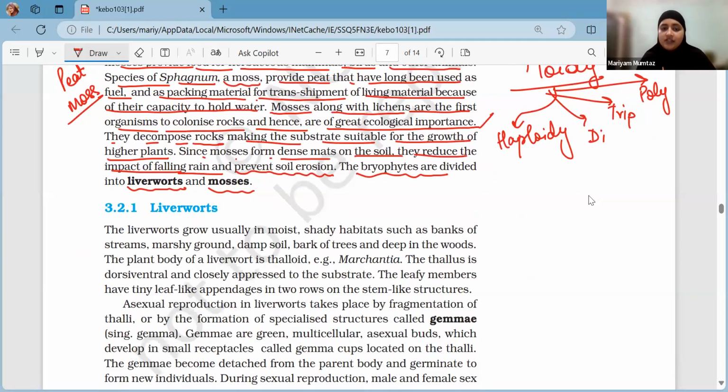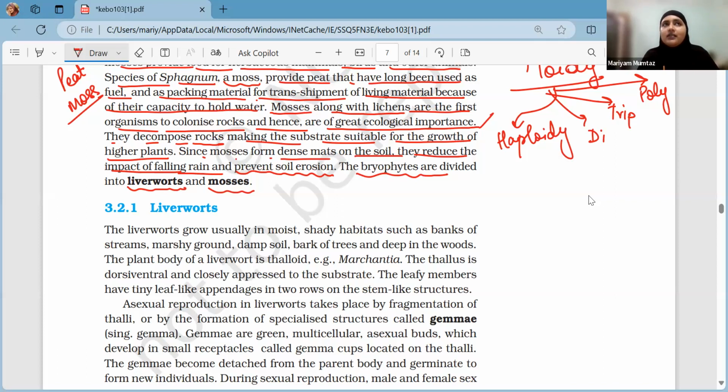Since the time is over, let me ask you one, two things. First of all, the main plant body of bryophyte is? Gametophyte. What is the ploidy of gametophyte? Haploid. Gametophyte is N. Always remember. The gametophyte will give rise to what? Gametes firstly. Yes, it will ultimately give rise to sporophytes only, but initially to start with, gametes.